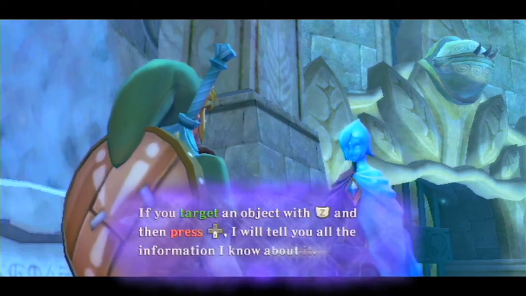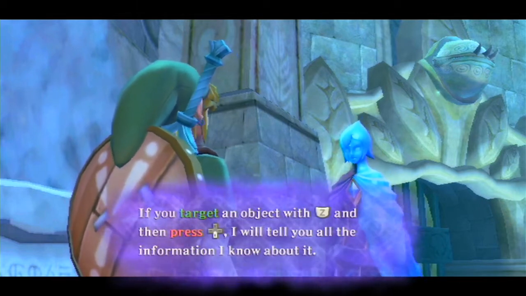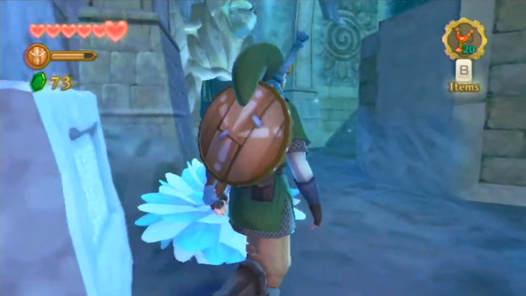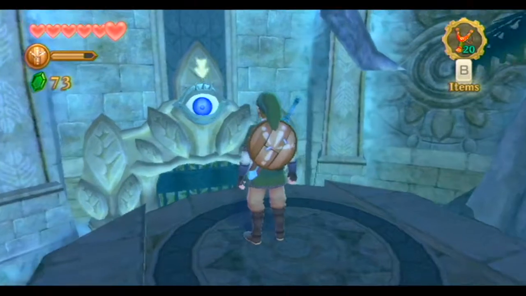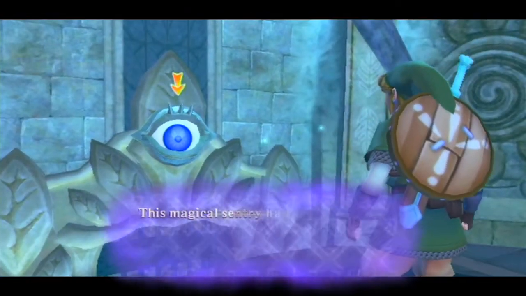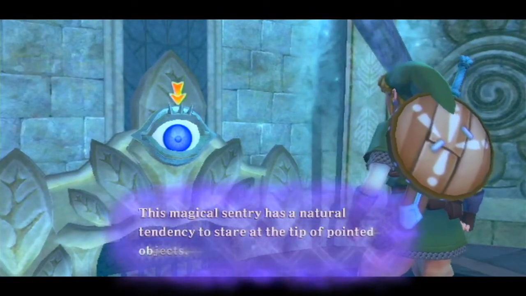Yeah, the game tries to hammer home for the last time in this dungeon that if you're ever confused about how you're supposed to defeat an enemy, you can just ask Fee for help. But why would you do that? God damn it. Well, I mean, if you're stuck, then...